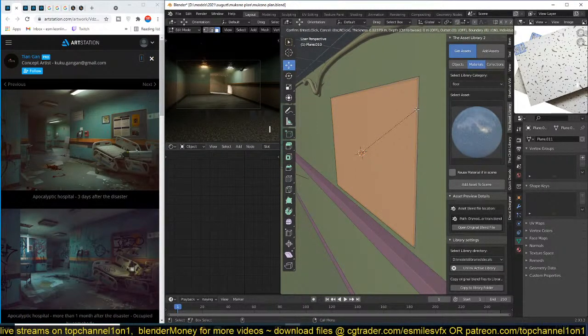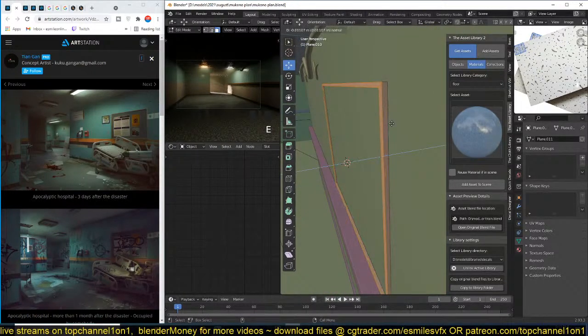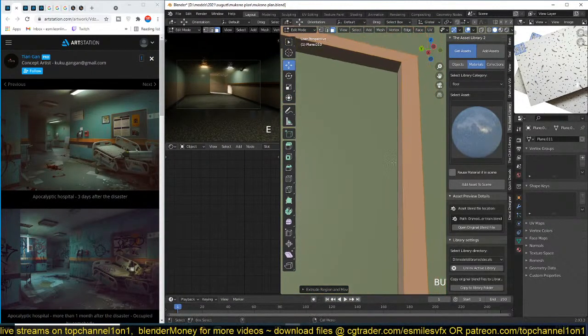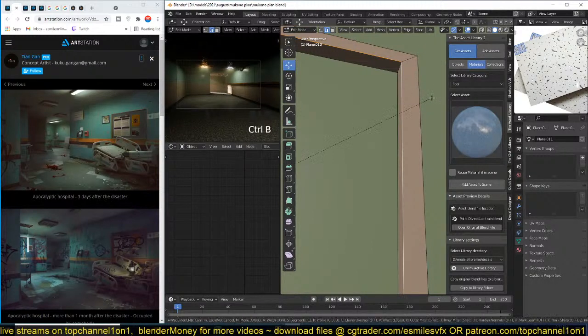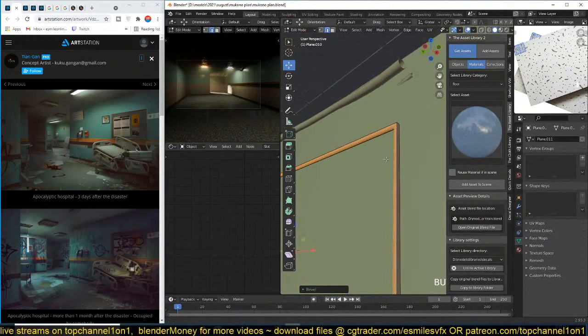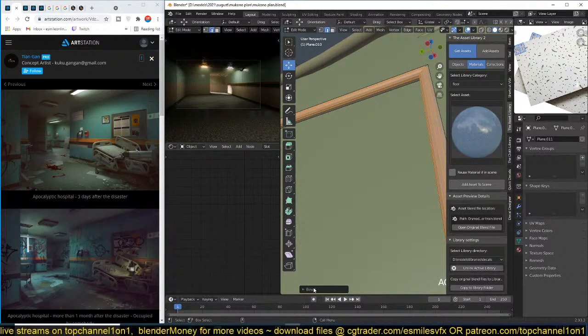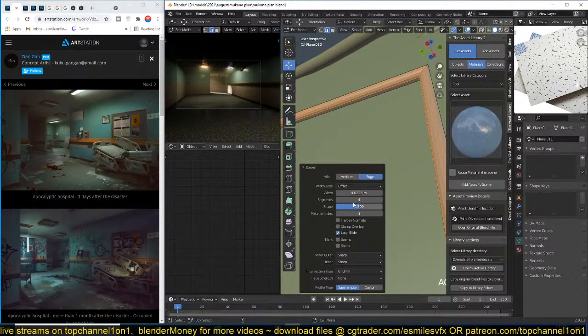Hit I, insert, delete this face, and then extrude it like that. So we have the frame, and I can select this edge loop, Control B, to bevel it like so. Add a few subdivisions like that. If you want a simple frame, that would be enough. But if you want a more complicated frame, you would just use